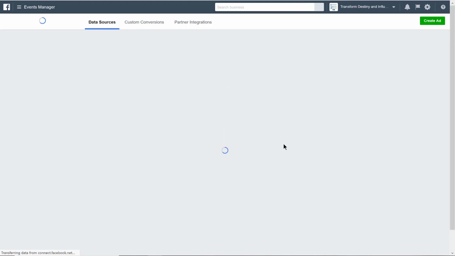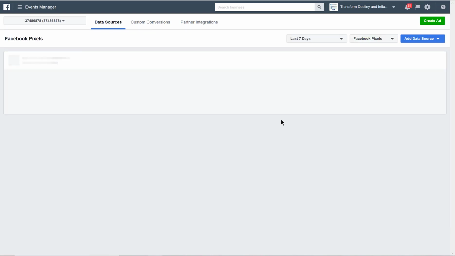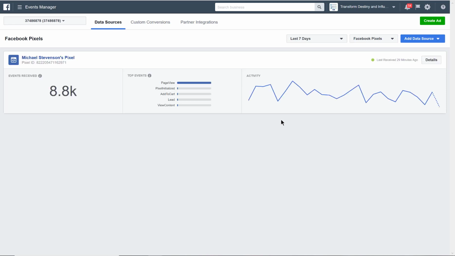And then I'll just make this as simple as I possibly can. You may come in here and find out that you don't have a pixel made yet. If you haven't made one, all you have to do is click the Create Pixel button and give it a name. Like I think mine is just called Michael's Pixel. It's super, super simple. So like if you look here,